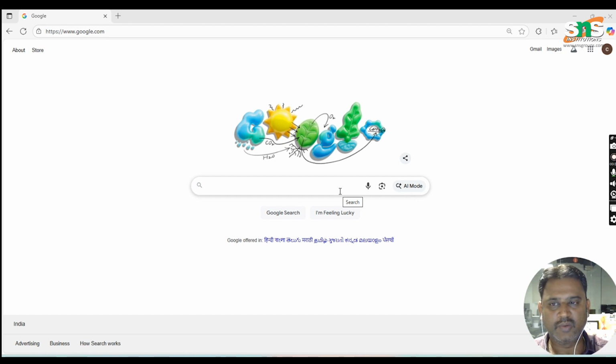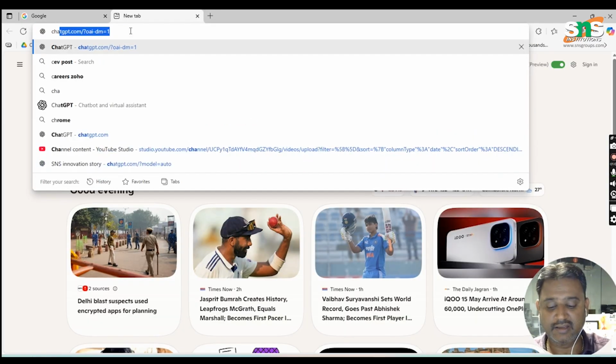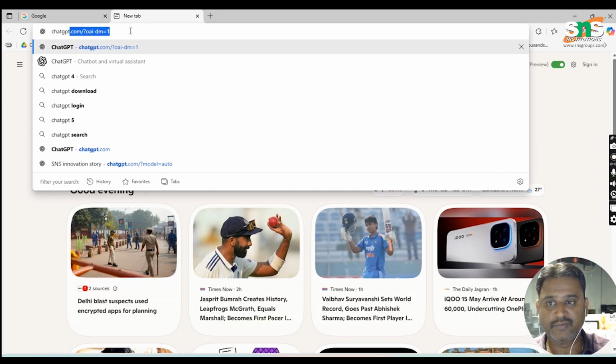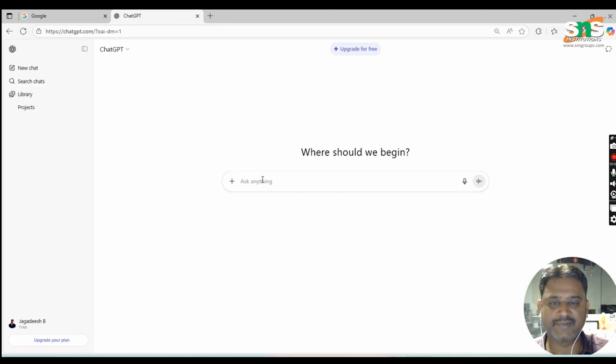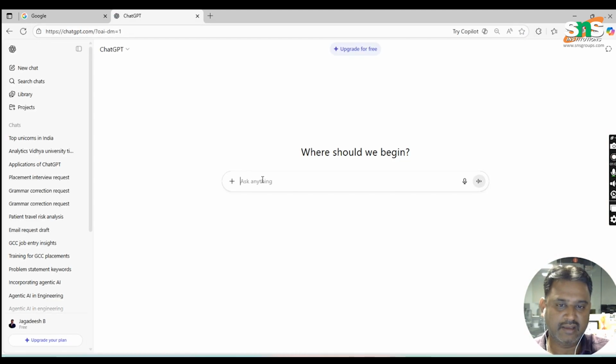A unicorn is a title given to a company that makes a turnover of more than 1 billion in annual revenue. Unicorn is not a company, it is a prestigious name given to a company. So let's say you want to find out the unicorns of India and the unicorns worldwide. Let us use AI or ChatGPT to fetch what companies come under unicorn. Let's say I'm going to get the unicorns in India.